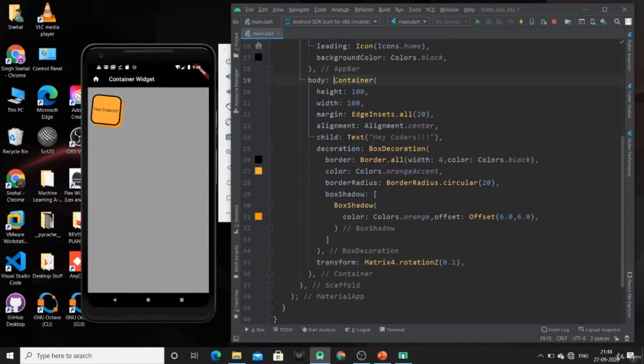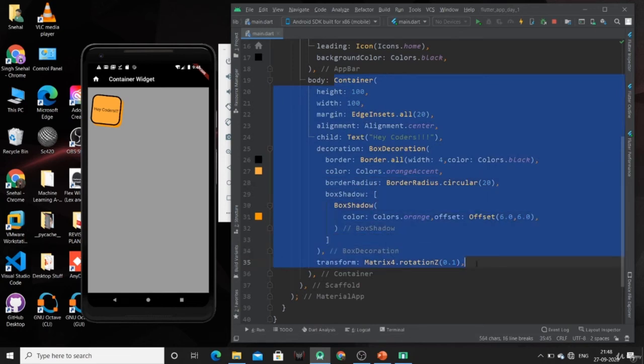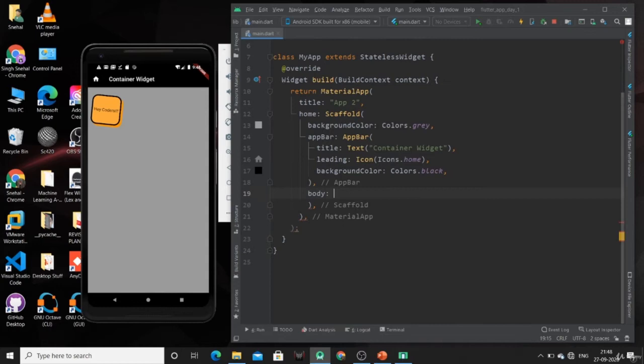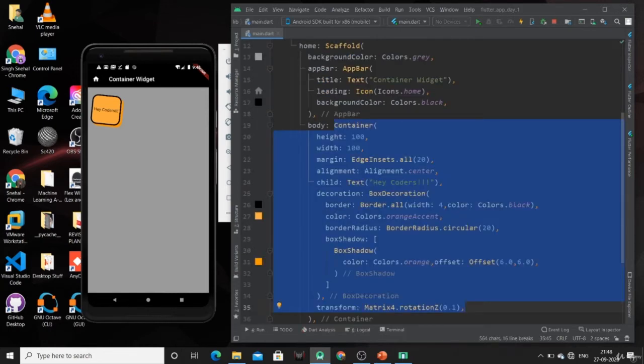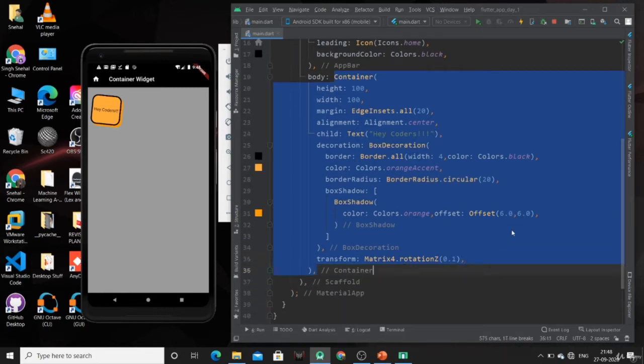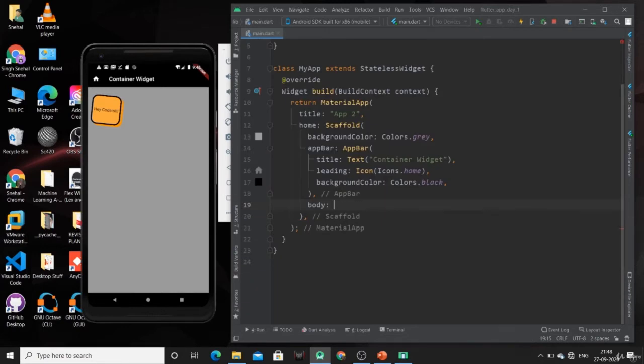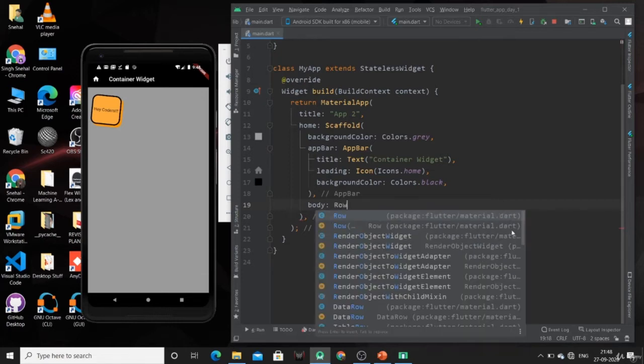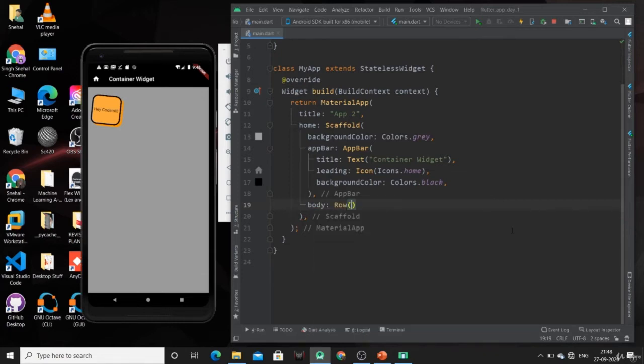First of all, we are going to create one row. As you know, a row will have children in horizontal direction, and a column will have its children in vertical direction. So just create a row.